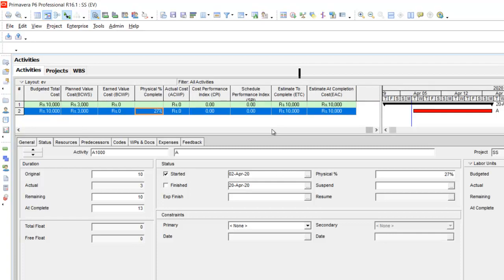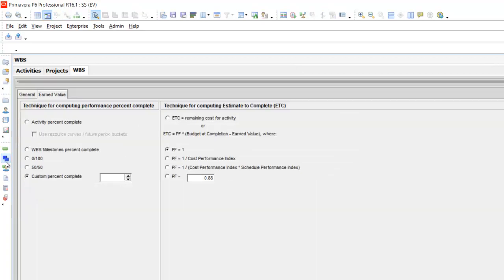Now when you enter 27% as the work completed in the software, you expect that the earned value of this project should be 2700, which is 0.27 into 10,000, which is not seen on the screen right now. For that we have to click the WBS icon, and in that the custom percentage we should enter as 27,